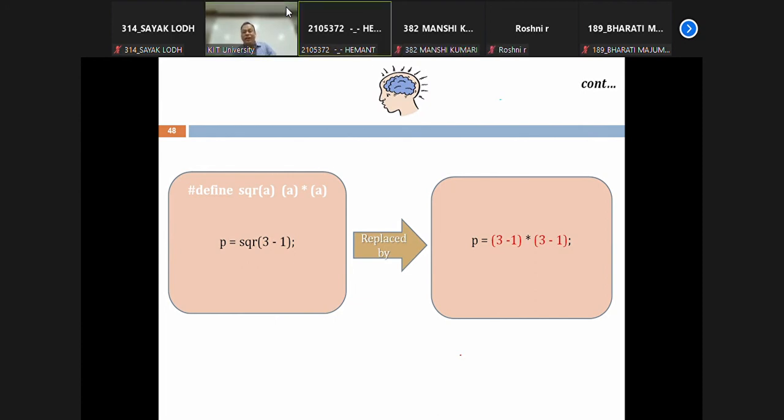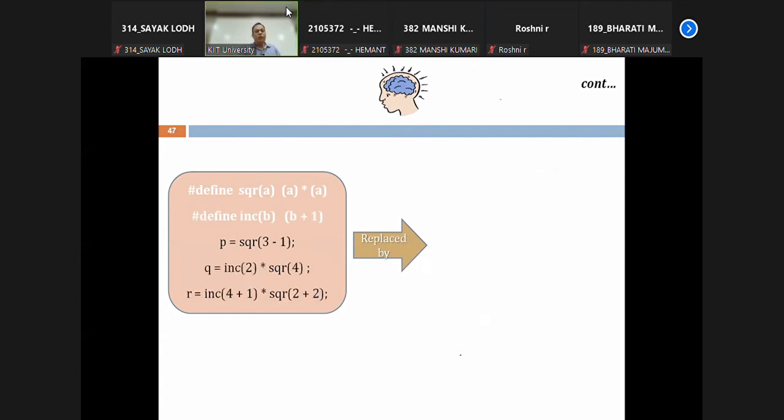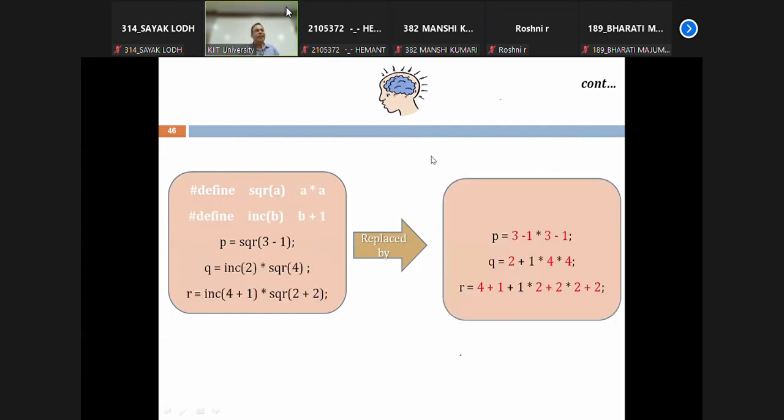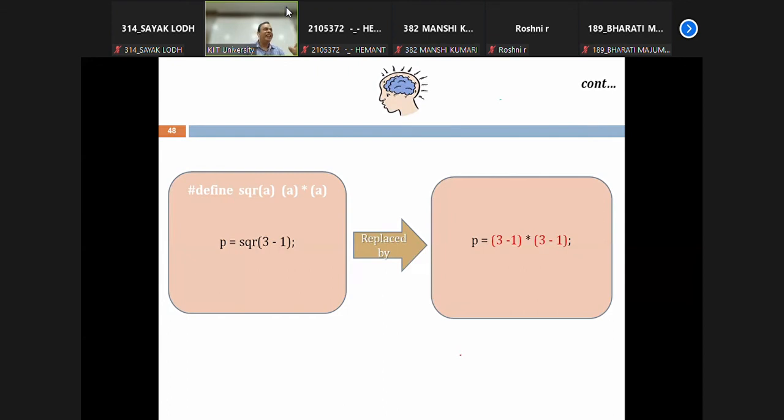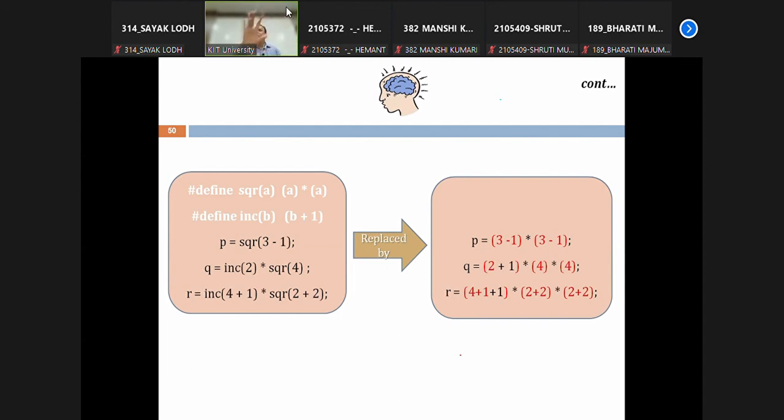तो क्या करना पड़ेगा मेरे को? क्वेश्चन बनाना पड़ेगा आंसर देने के बाद। सिर्फ आंसर मैच कराना। और भी दिखाएंगे। इसमें ये ब्रैकेट नहीं था। A into A, 3 minus 1 into 3 minus 1, but this will be bracket 3 minus 1 into bracket 3 minus 1. मैंने ब्रैकेट डाल दिया। अंडरस्टूड? सबका आंसर करेक्ट हो गया, जिनका पहले गलत था अभी उनको क्वेश्चन दे दिया आंसर करेक्ट होने के लिए।